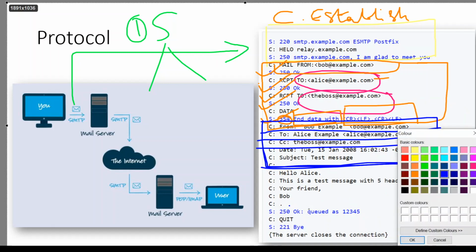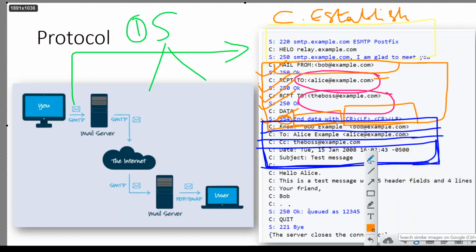Now let us get back to the protocol. So the protocol is nothing but, the server says okay, I have got the data, don't worry about it. Now the sender's job is just to queue it into the server. So it returns a queue number, and it says okay, you have got a queue.